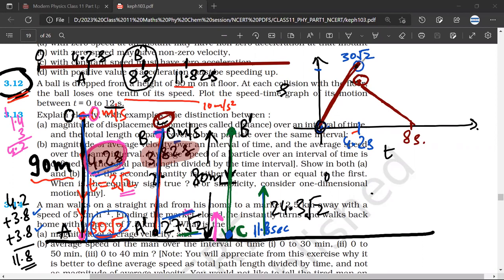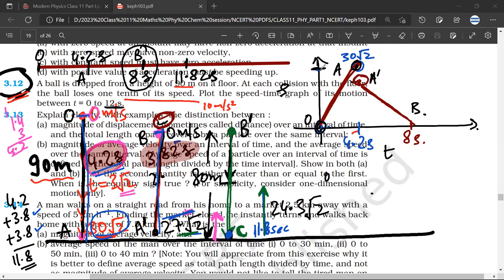So this part is O, this part is A, this part is A dash, this part is B. So 4.2 plus 3.8, 8 second. After 8 second I have reached point B, and from B I'll start again increasing my speed,